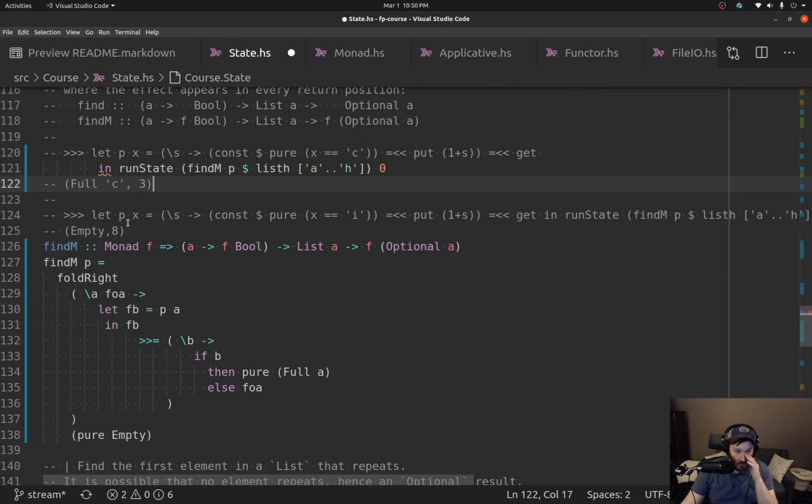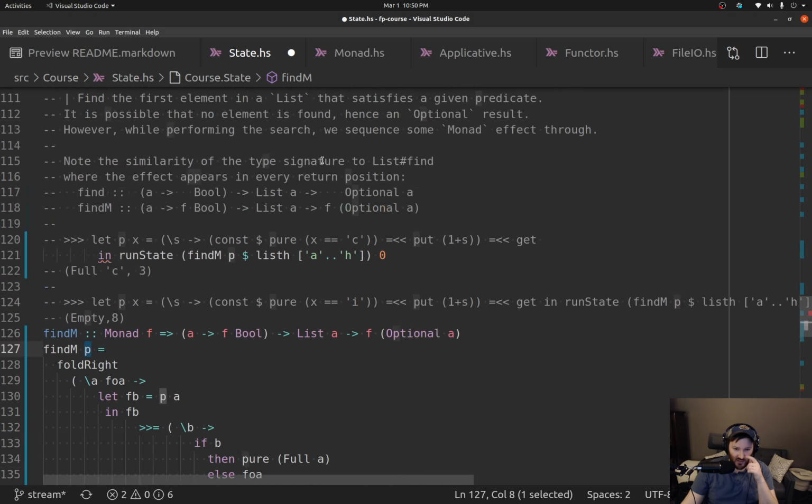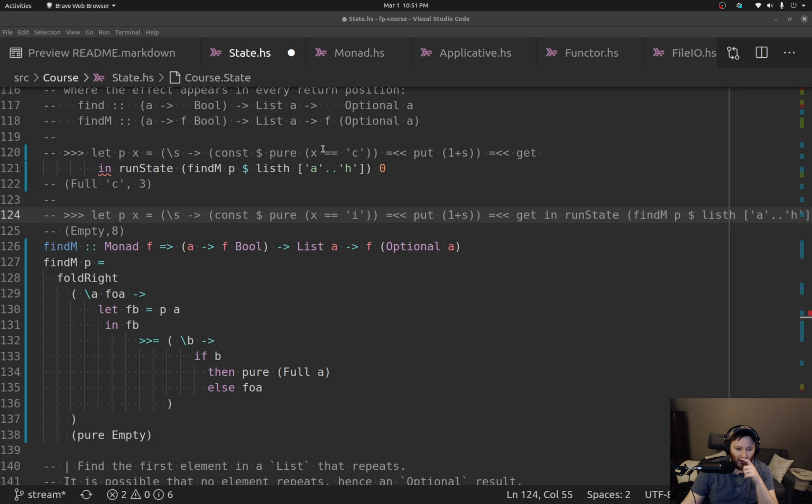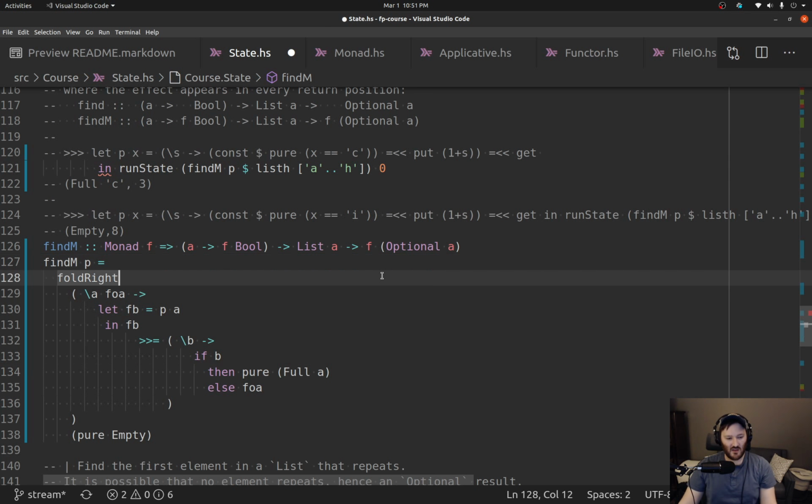Wow. So findM. That's cool. So your predicate can basically say, this is the condition I'm looking for, and then this is the stateful effect I want you to do every time you check a value. Wow, that's cool. Anyway, sorry, maybe that's only cool to me, but